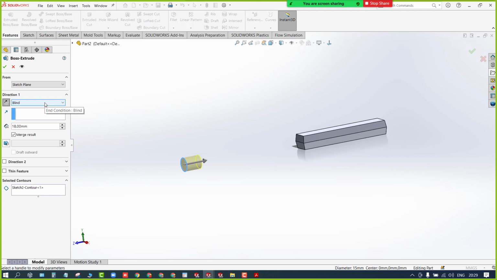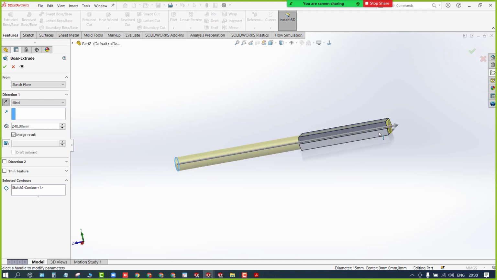Total is 220, 240. How much should it be if I specify the length? It should be less than 280, right? And more than 140, isn't it? Yes. So if I specify exactly 240, will it be correct? No, because it will extend outside. Okay, remember that. These are all the basics.